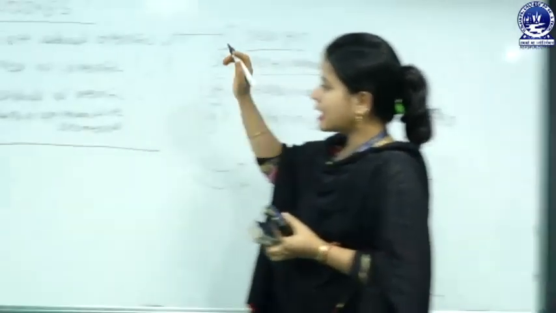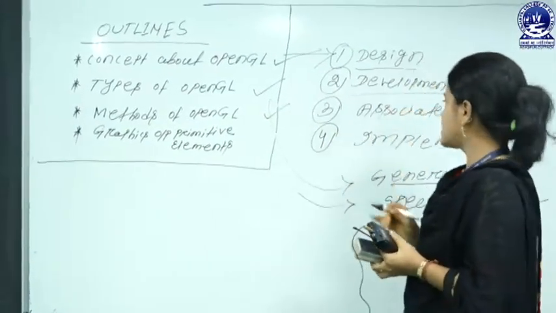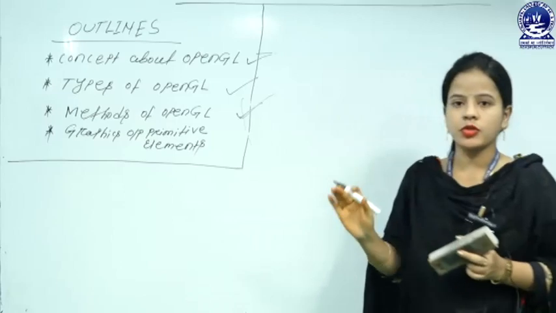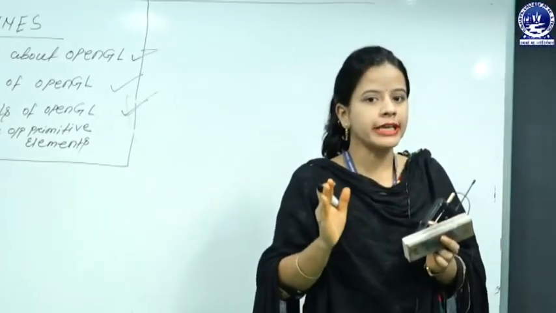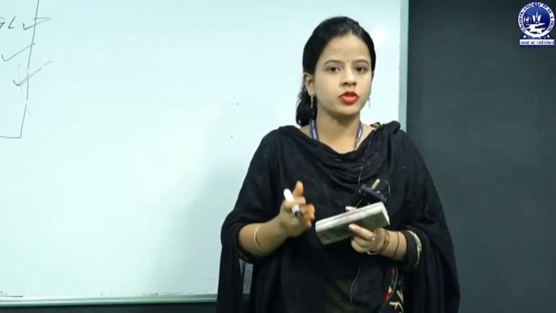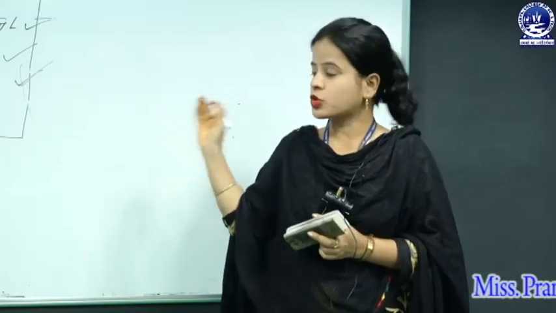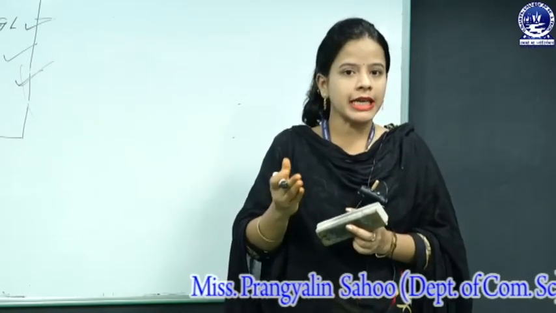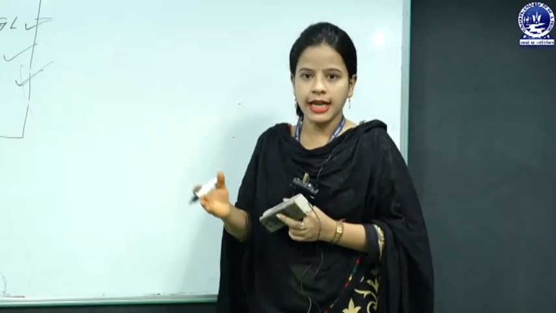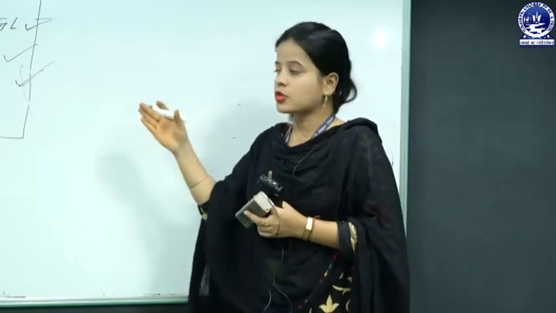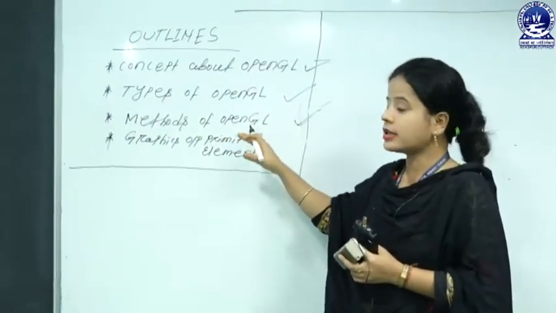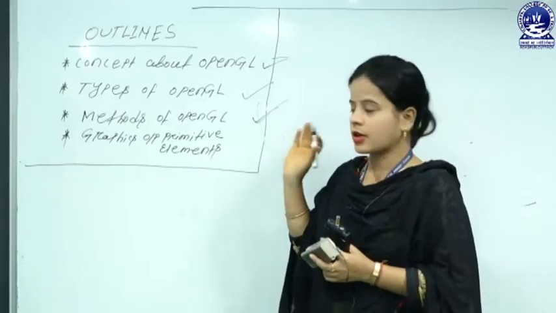So now go to the next concept, that's the methods of OpenGL. As you know, OpenGL is a type of application programming interface. It provides different types of inbuilt functions through which the end user can very easily interact with the graphics processing unit. As you know, methods consist of different data values and processing in the form of logical expressions, and in the end provide one desired outcome, and all the method procedures are inbuilt and stored in the preprocessor directory in the case of a language.